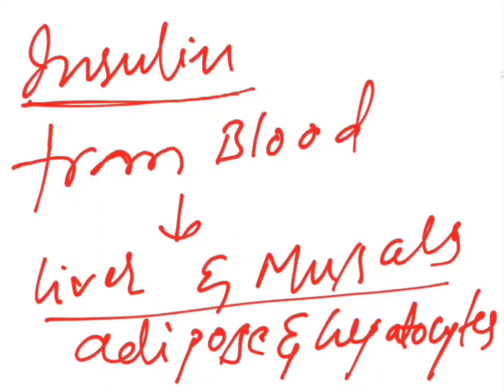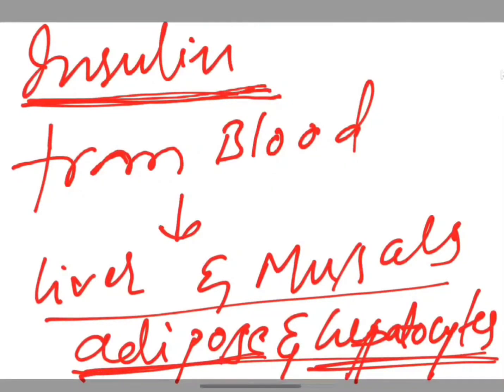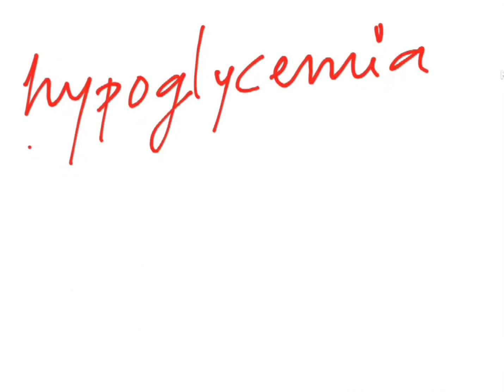So here, if the insulin is produced in excess, what happens? The glucose which is present in the blood will be absorbed in a large quantity by the adipose tissue and hepatocytes. When more and more sugar is absorbed by these tissues, there will be a decrease in the blood sugar level, and that leads to a disease called